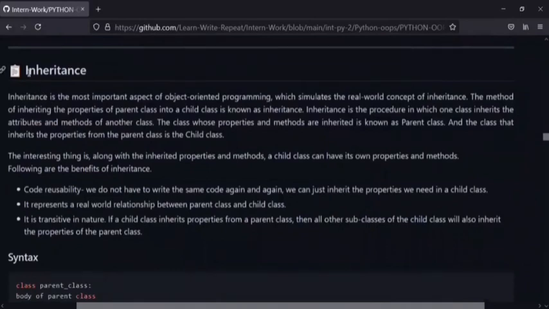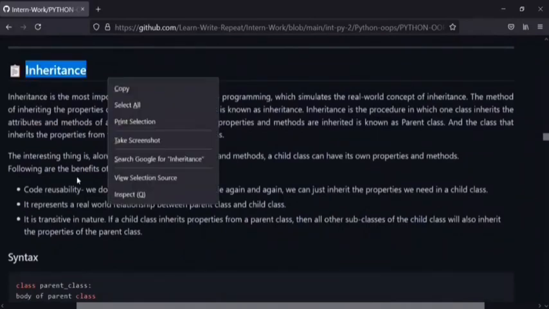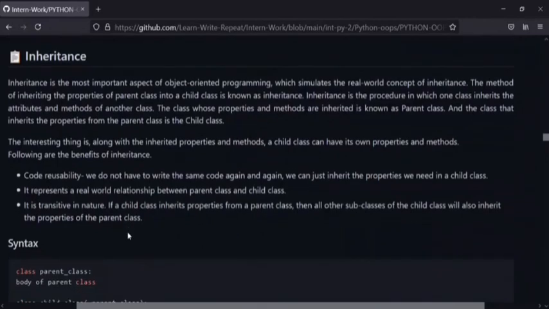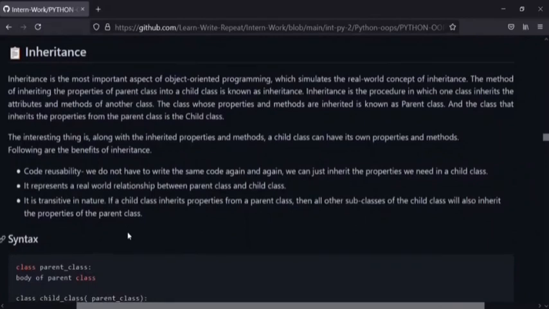Now we look at the concept called inheritance. Inheritance is one of the important concepts in object oriented programming, since it resembles the real world concept. Inheritance is a procedure in which one class inherits the properties of another class. The class which inherits is called a child class, and the class that has the original properties is called a parent class.